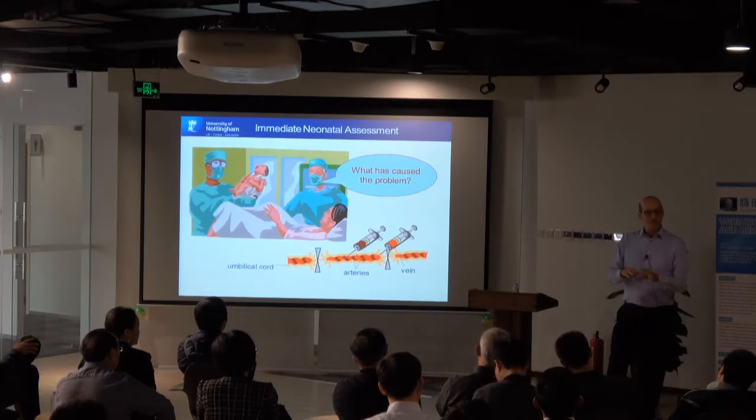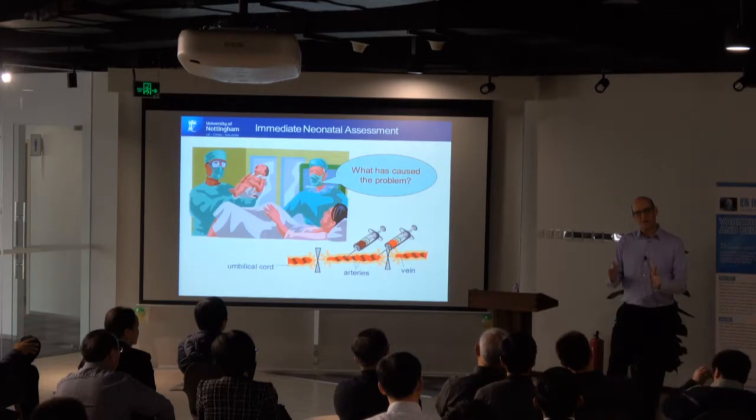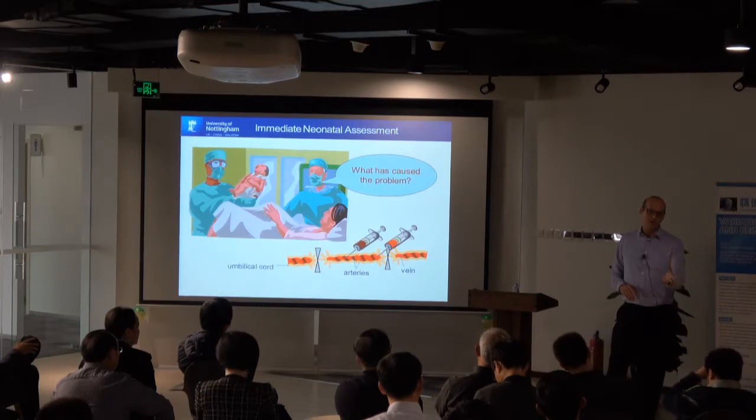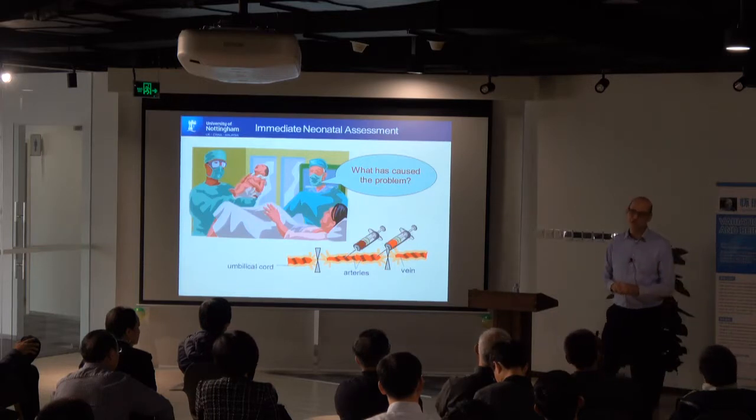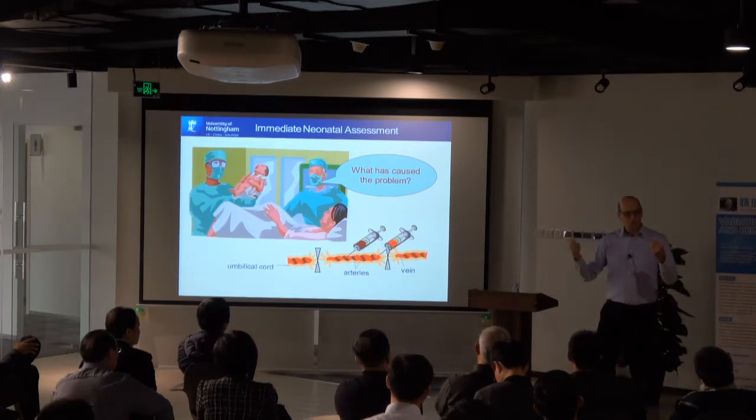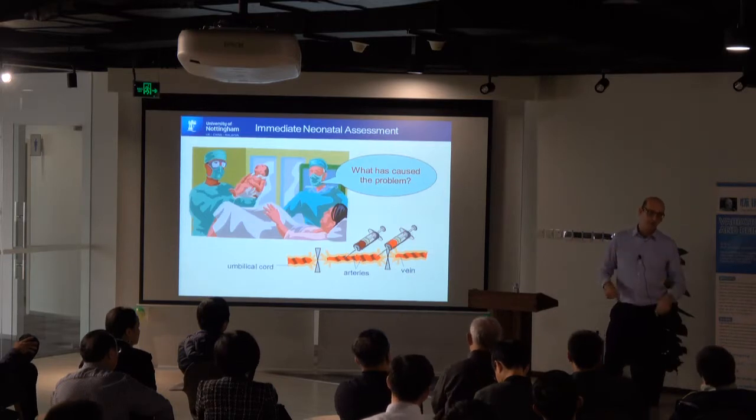The trouble is, if things go wrong at the end of labour, this last stage of labour might last 2 hours, 3 hours, 4 hours. If you try holding your breath for a minute and breathing for a minute, and you try doing that for 4 hours, you can't do it. An adult can't do it. What happens is the oxygen levels are gradually going down in your blood, and the carbon dioxide will be building up.